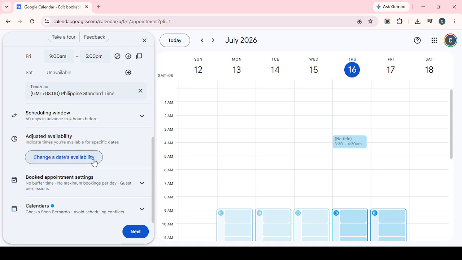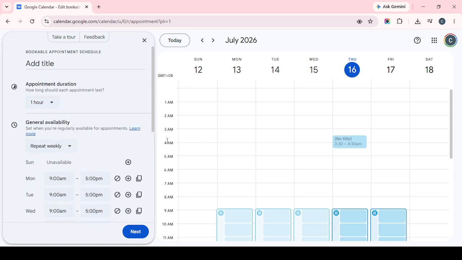Before finishing, review the available time blocks you entered. Double-check that your consulting hours are open exactly when you want them to be, and confirm that production times are not being offered for booking. This quick review can help prevent scheduling conflicts later. Once everything looks right, save the appointment schedule. After that, your Google Calendar will reflect the client consulting